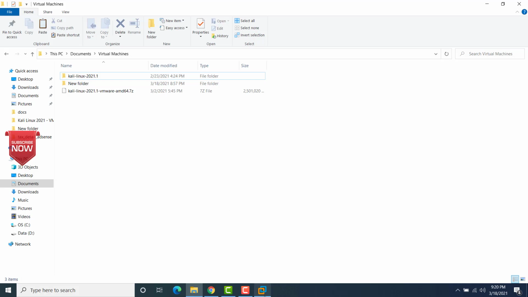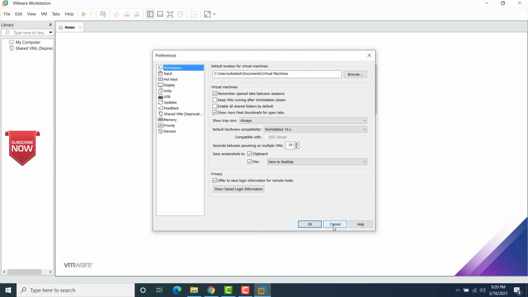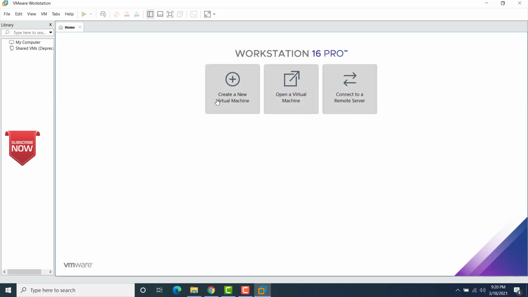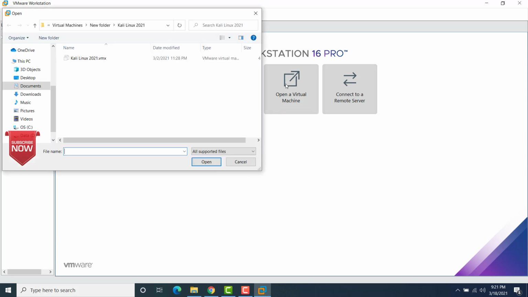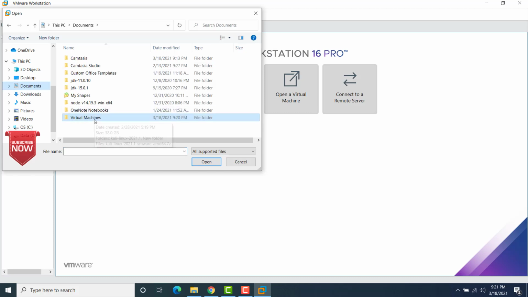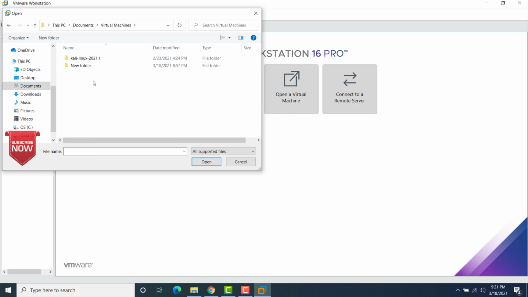All I have to do is go to VMware Workstation and open the folder. You see, open a virtual machine. Click on this one and go to the Documents folder where we have extracted the virtual machine. Now we go to the folder where we have extracted. Now we have to open this VMX file.